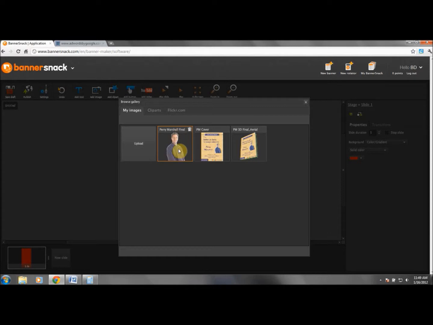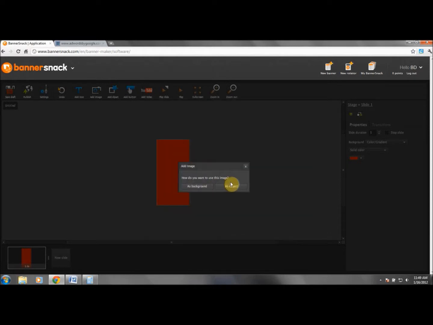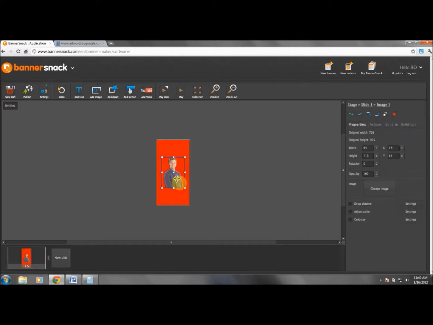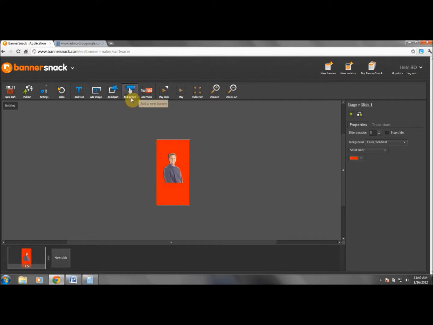But we're going to go ahead and insert his image, and we'll use his image again as an object instead of an actual background. So now that we have the image here, remember we ripped the background out of here, and now that we have the image inserted, we're going to add some